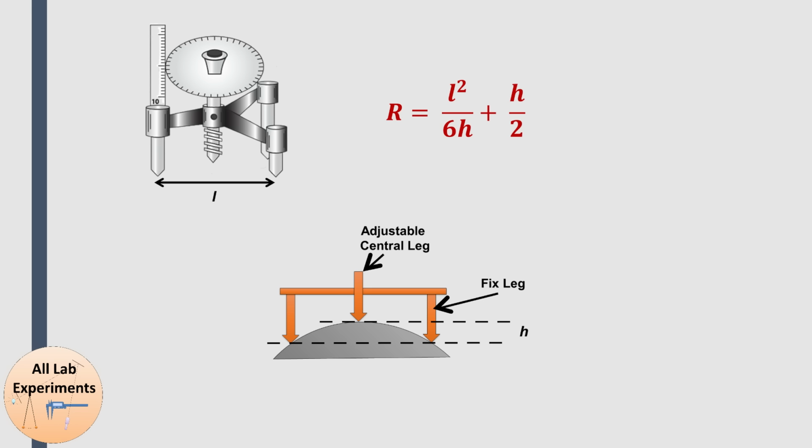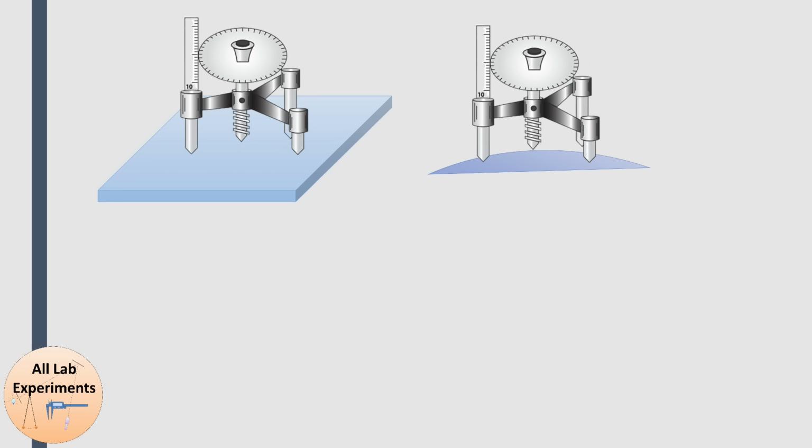The readings of this spherometer are similar to the readings of a screw gauge. So this scale is the same as the main scale, and this disc type scale is similar to the circular scale. Now if you want to know how to measure a reading using a screw gauge, watch my video dedicated to that topic as well. Now to find out the value of H, once we will place this spherometer on a flat surface and measure its reading, and once we will place this on the convex surface and measure its reading. Finally we will make a table of it.